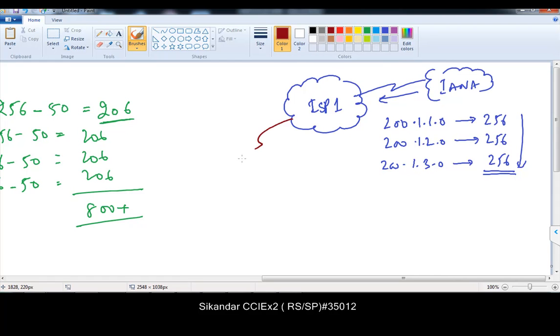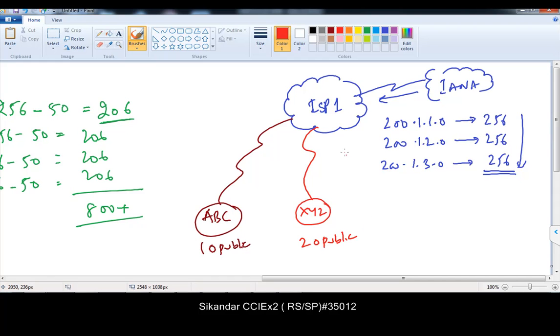Now there is a customer called ABC. Let's say the customer comes to you and says I need 10 public IPs. Similarly, some other customer, let's say customer XYZ, comes to you and says he needs 20 public IPs. Maybe it's a big company. And a customer, let's say PQR, comes to you and says he needs only 2 public IPs. So every customer may have a different public IP requirement,